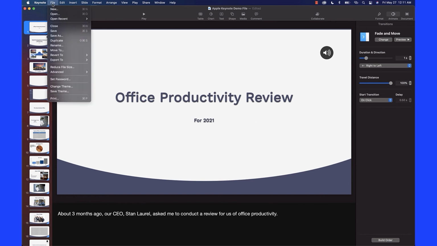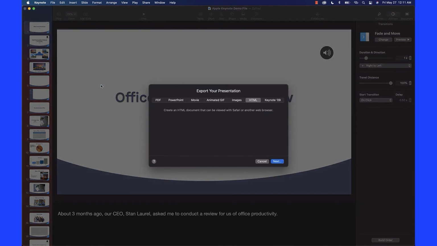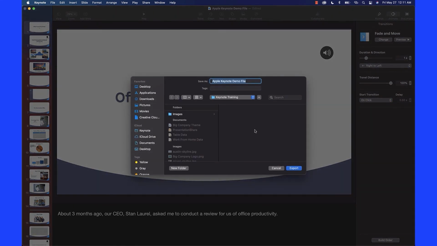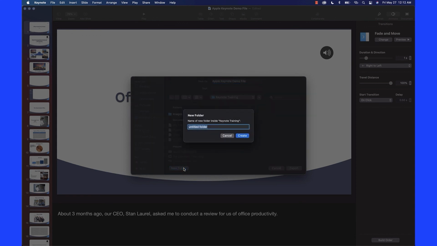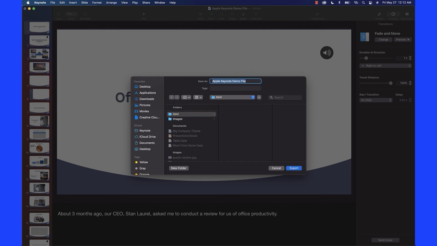Once again, we click File, Export to, and HTML. Now, as you can see, there are no customizations available here, so simply click Next, and our dialog box comes up so we can save it. Like with our images, this might be another good place to create a new folder and name it. We'll just call this one HTML, and there you are. Now, click Export,